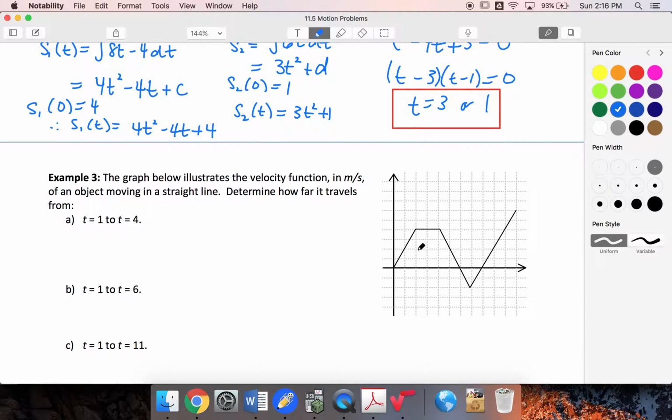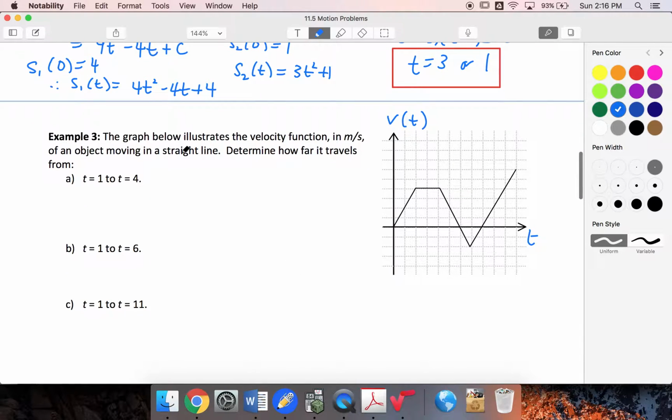All right, let's look at this one. So now we've got a graph illustrating our velocity function. I'm going to go ahead and label this v sub t, and we would assume this is our t in seconds. We've got an object moving in a straight line, so its velocity is increasing, constant, decreasing, increasing. So determining how far it travels from 1 to 4, that sounds like my total distance. So from t equals 1,